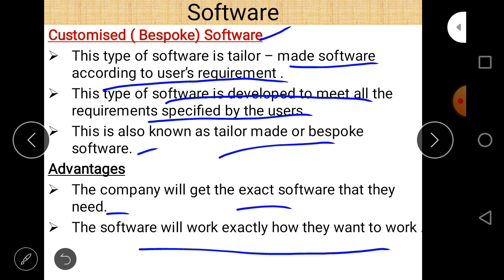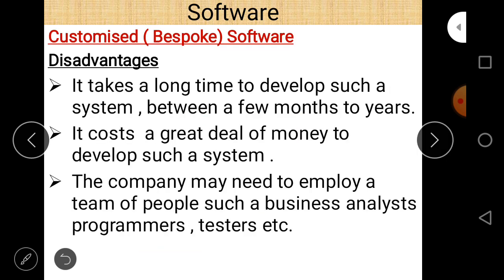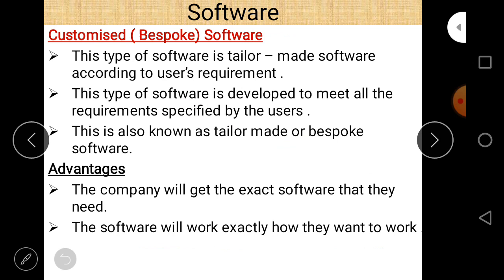But in case of customized and bespoke software, it is not so. Software is made according to the user's need. And its advantage: the company will get exact software, and the software will work exactly how they want it to work.